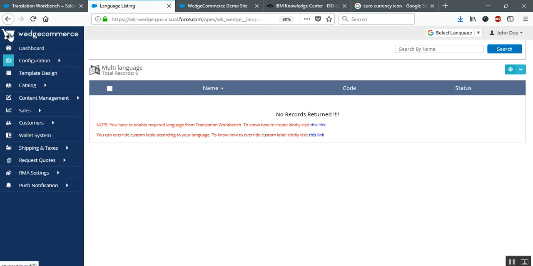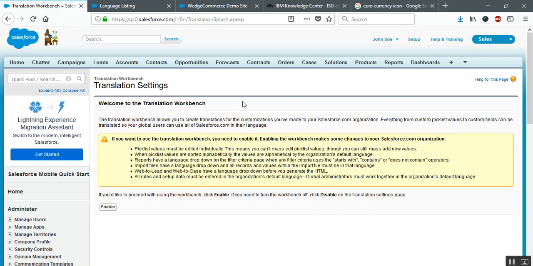Hello friends, welcome to the video tutorial of WedgeCommerce that helps to build your own e-commerce store native on Salesforce. In this video tutorial, I'll guide you on how you need to configure multi-language for your front end through this admin panel. Over here, you first need to enable the Translation Workbench settings